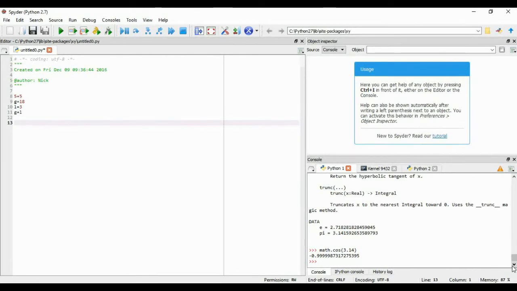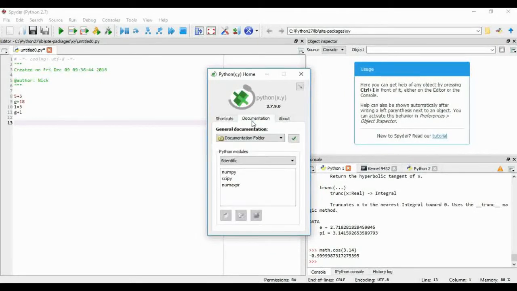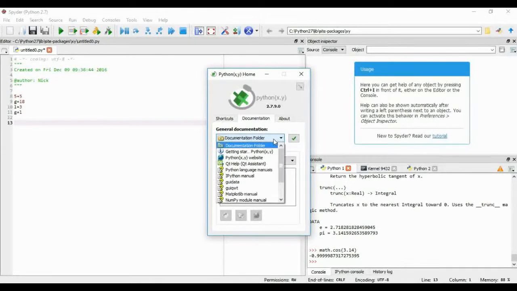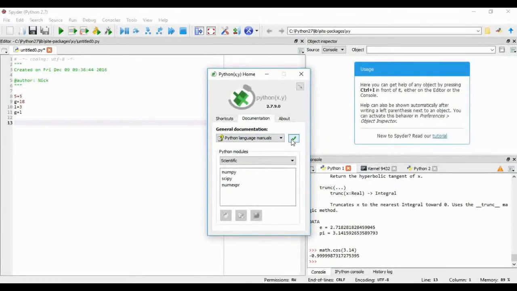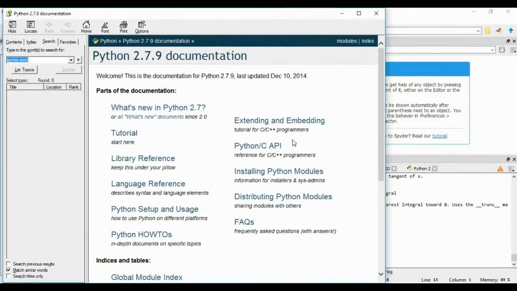Another way is by looking at the documentation. Remember the first interface we launched when we were trying to start up Python or Spyder? Let's go back to it. If we come to this interface, if we come to the second tab, which is called documentation, we click here, and then here we scroll down to Python language manuals. If we click on the green tick, we will have access to